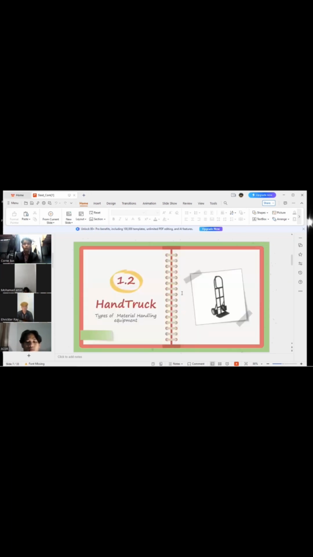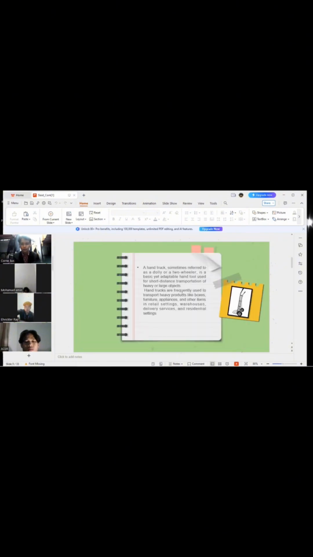So the second type of material handling equipment is the hand truck. So what is a hand truck? A hand truck, sometimes referred to as a dolly or a two-wheeler, is a basic yet adaptable hand tool used for short distance transportation of heavy or large objects. Hand trucks are frequently used to transport heavy products like boxes, furniture, appliances, and other items in retail settings, houses, delivery service, and